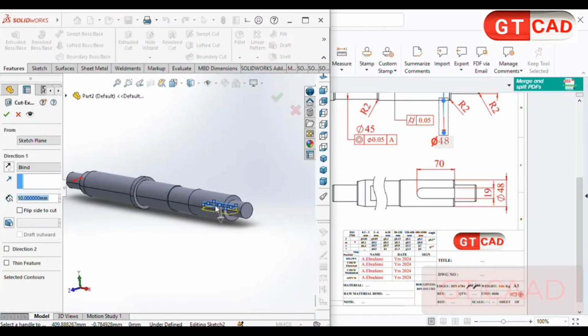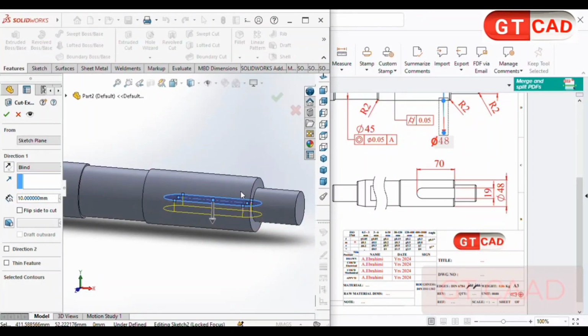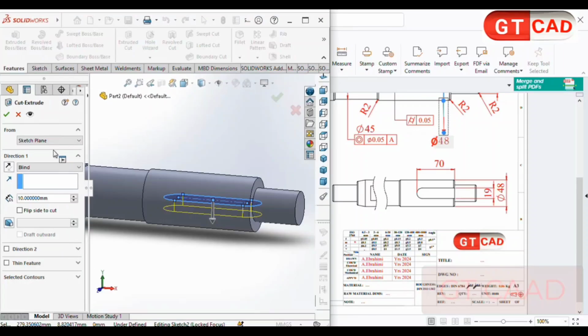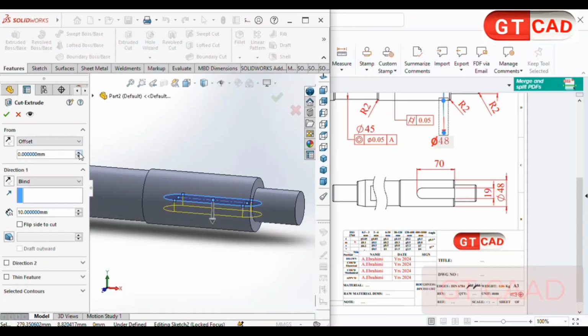Look, our sketch will extrude our shaft from the middle of the shaft, but we want to start it from the top of the diameter, or it should be tangent on the top of the cylindrical portion. But we have the solution here. The first part, we have the offset. You can define which offset, for example, our sketch should start. Here